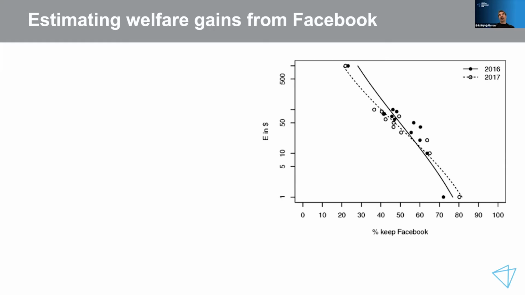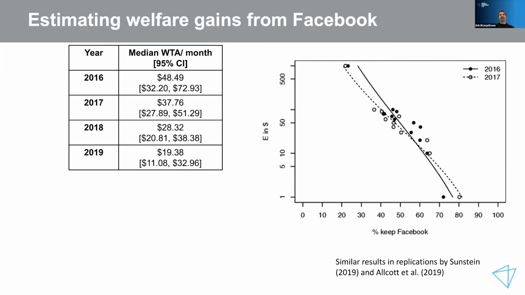So what do we see? It did look a bit like a downward sloping demand curve. When we first did this back in 2016, you could see the slope. And then in 2017, it changed a little bit. And interestingly, over time, the median value has been falling a bit. At first, it wasn't statistically significant, but now it's clearly statistically significant. And we're just finishing up one for 2020. It appears that the median user has less and less value for Facebook over time.